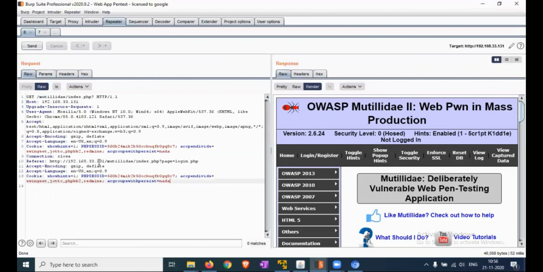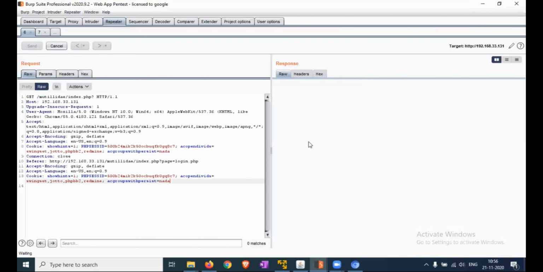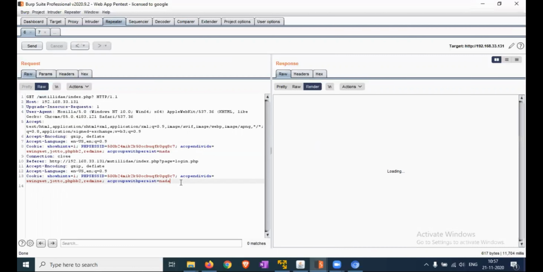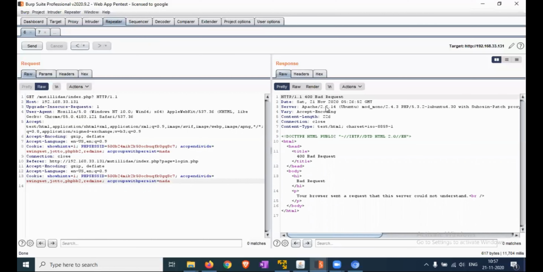Now we are sending that request again and checking the response. The browser's request could not be understood by the server. Just a minute, this is a bad request.